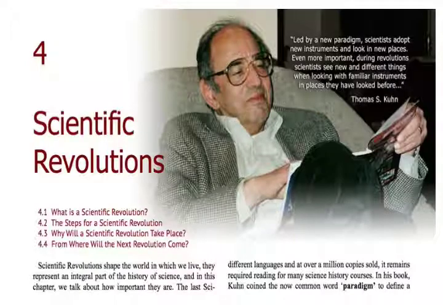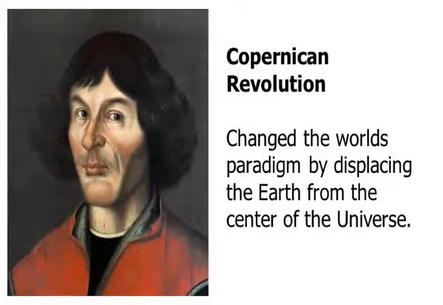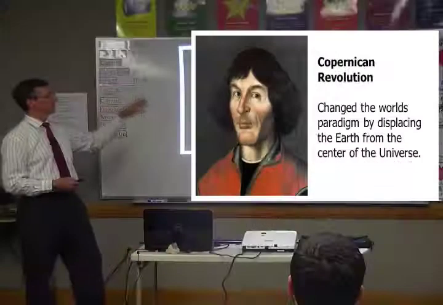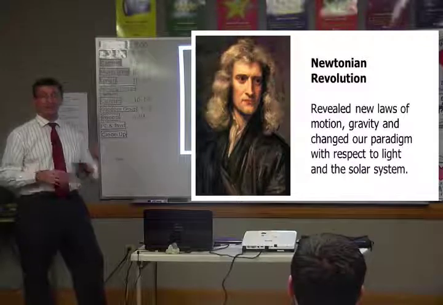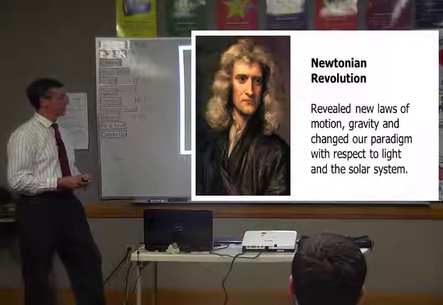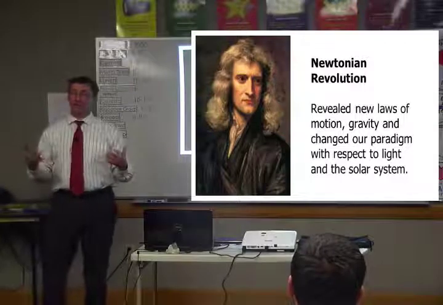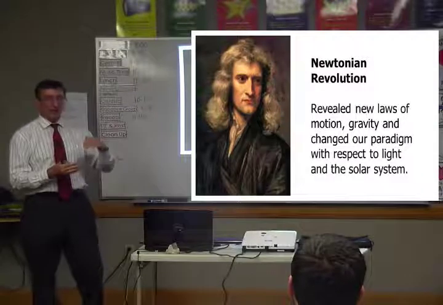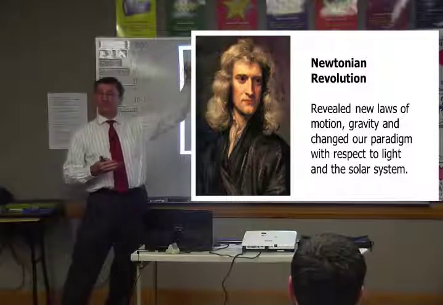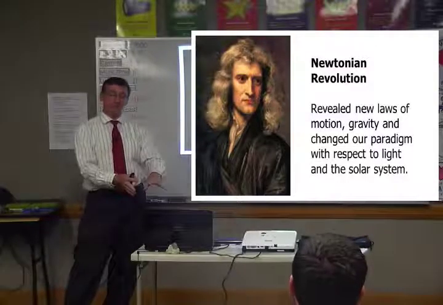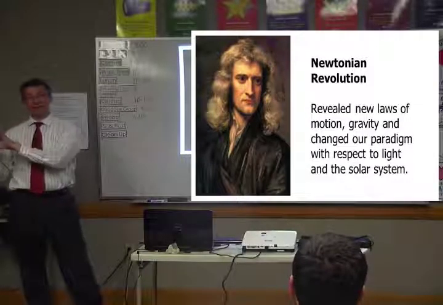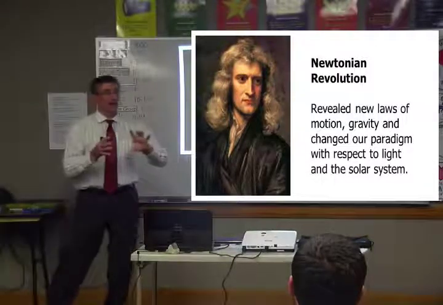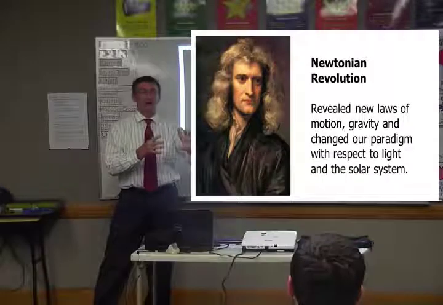It goes through and talks about the Copernican revolution that changed the world's paradigm by displacing the Earth from the center of the universe. The Newtonian revolution, which revealed new laws of motion, gravity, and changed our paradigm with respect to light and the solar system. And so usually when you think about the progression of science, most people think that it's progressing a little bit at a time and just going up steadily. But what this chapter points out very clearly is that we have a paradigm, and that paradigm is held on to for a long time. And then all of a sudden something changes,